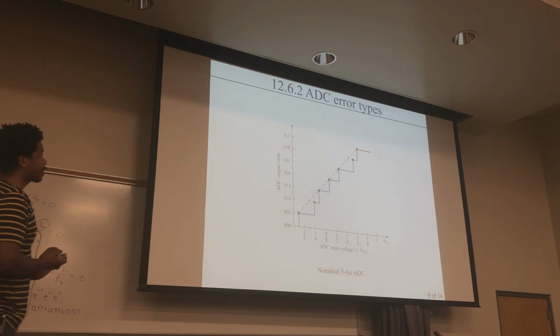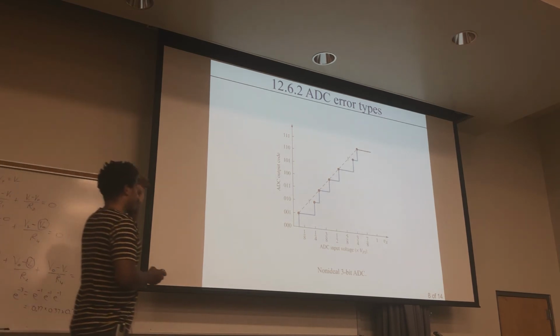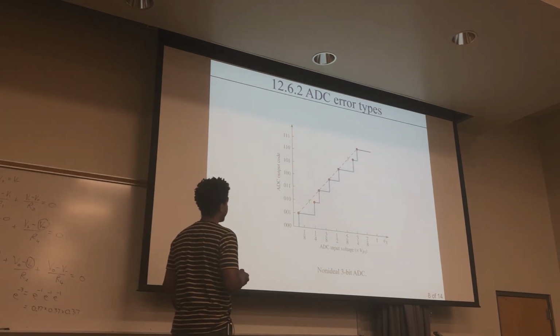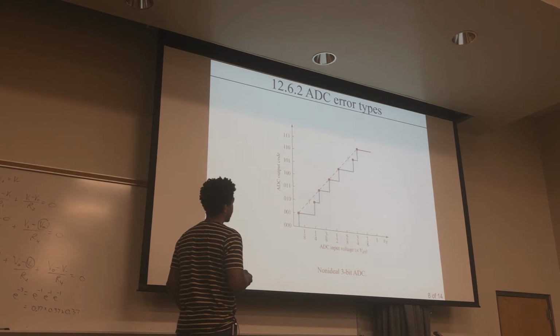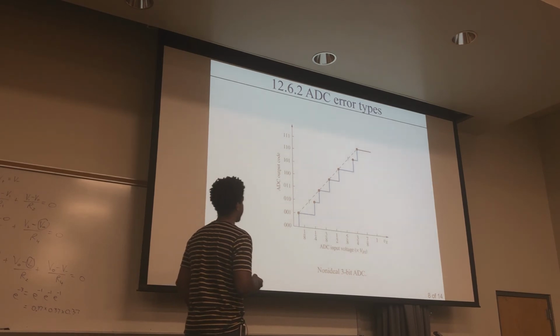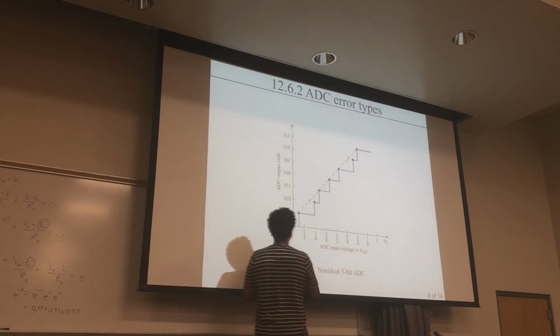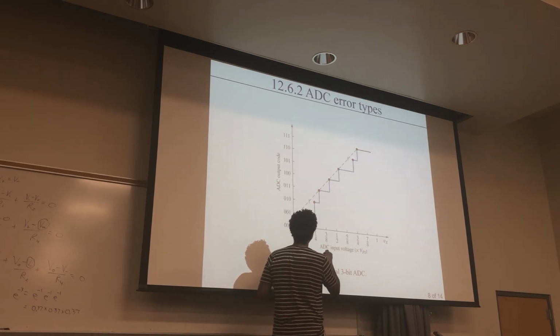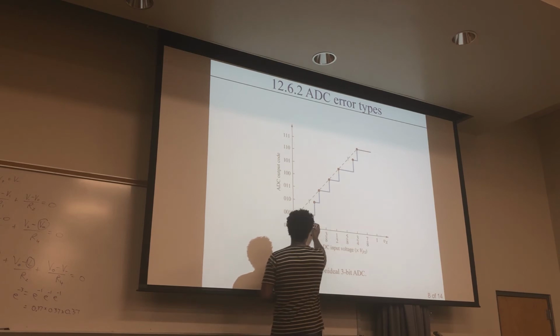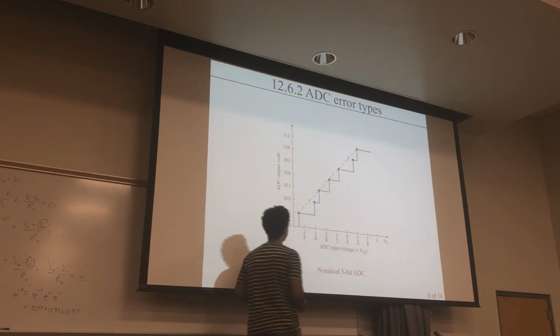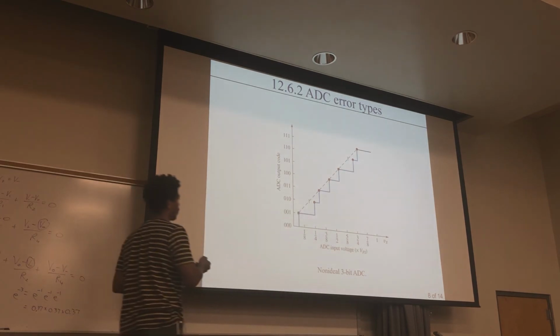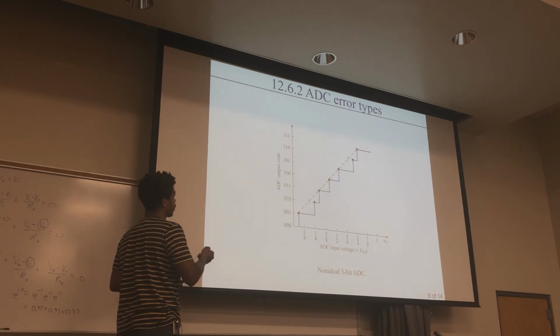Now here's some error types. There's a couple you can have. You have an error type right here where it's a non-ideal 3-bit analog to digital converter, where you can see at this point right here and this point, there's a little bit of slack right here before that bit changes from this value to that value, right? So that can